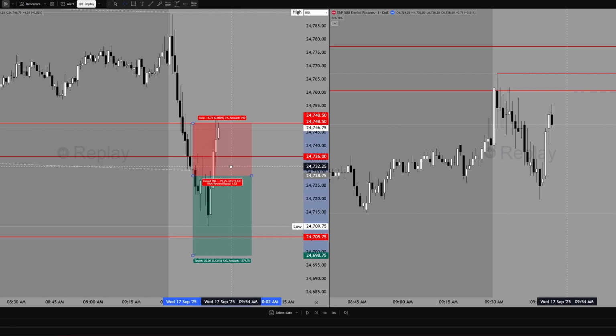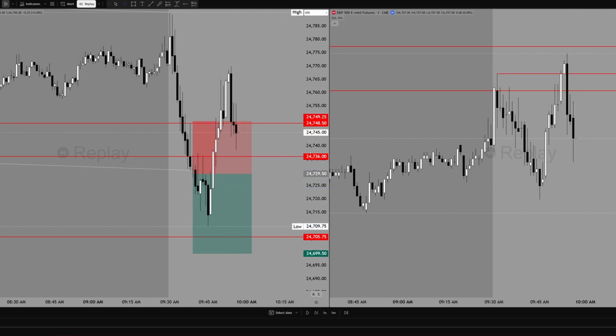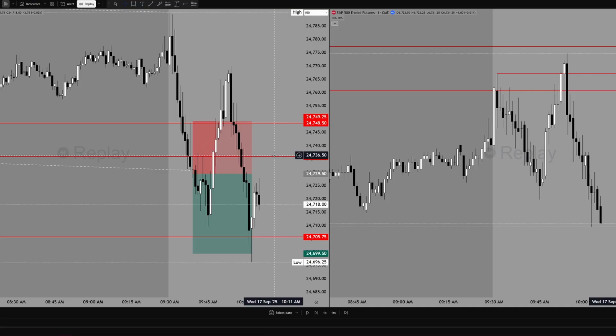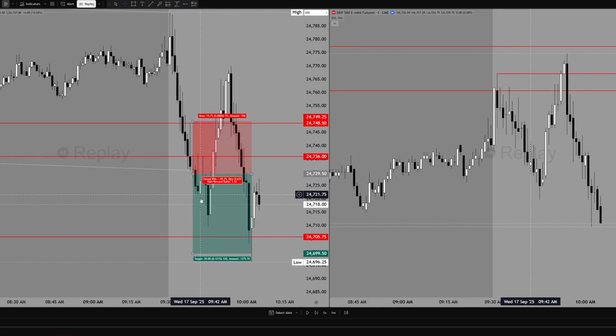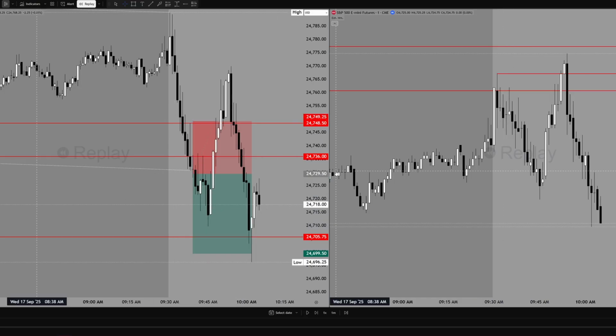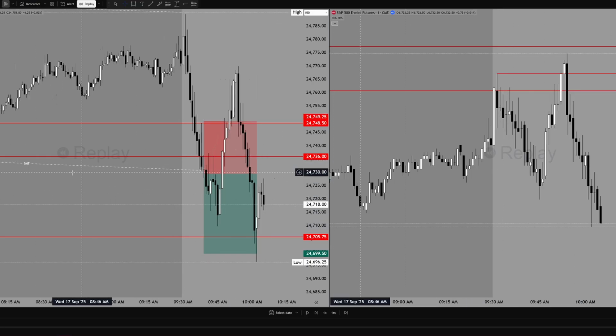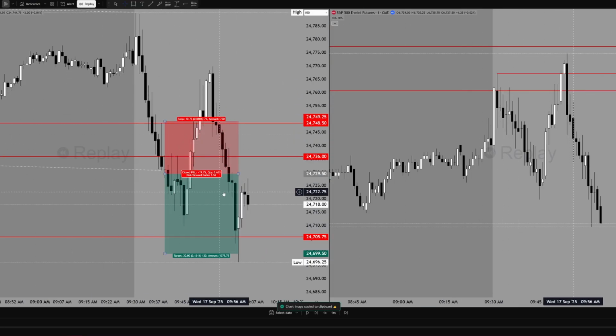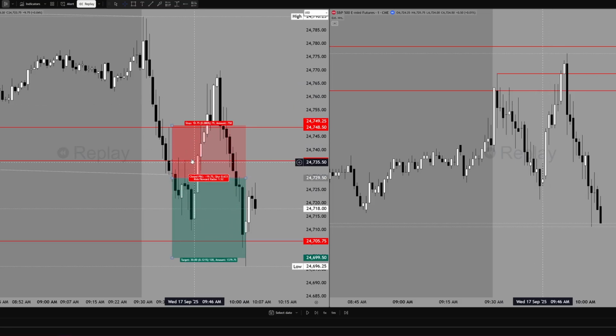So I took my trade right here. Let's see if it goes any higher. Yeah, we're just going higher. Okay, we eventually get that drop, but this looks like FOMO because it's just going straight down. I don't have anything else, so I don't know if I could just take that. This is also FOMO, but the trade that I wanted to take was right here.